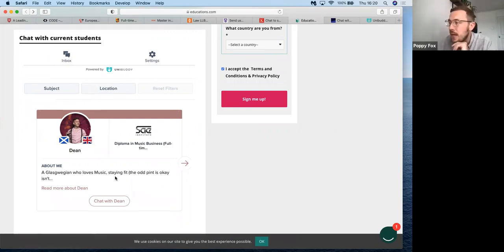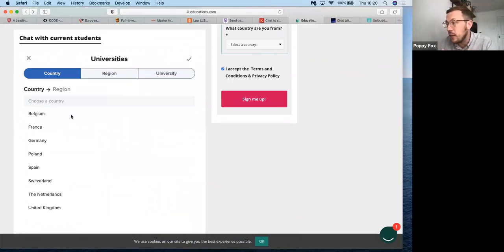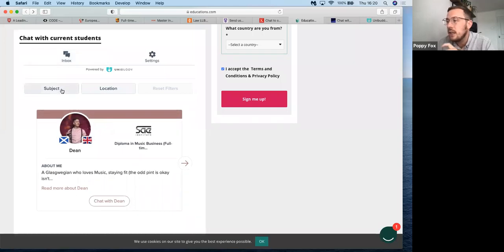So as you can see here on their main landing page, we have a version of the Unibuddy platform, which enables prospective students to filter by location. So I'm looking for all ambassadors based in Spain or Germany, or by course. And the real benefit of this is you're not relying on people to find your ambassadors via social media or via your homepage, but much earlier on in their decision-making process, when they're first researching what course or what country to study the degree in. These Discover platforms allow them to start having these meaningful, really impactful conversations with your student ambassadors.